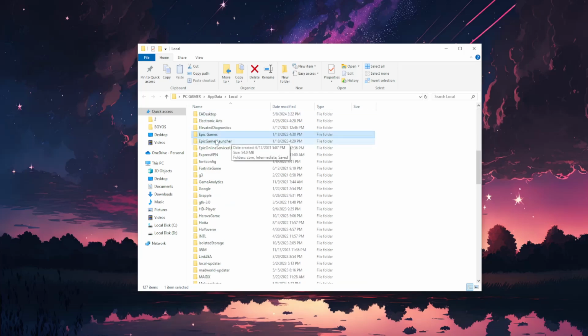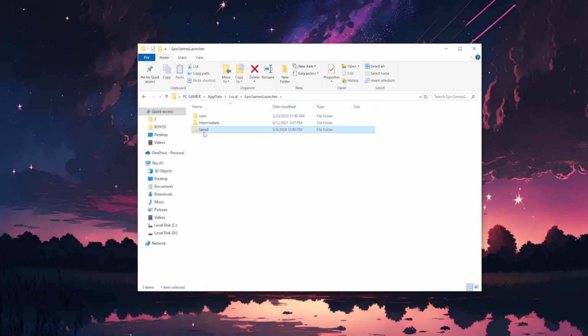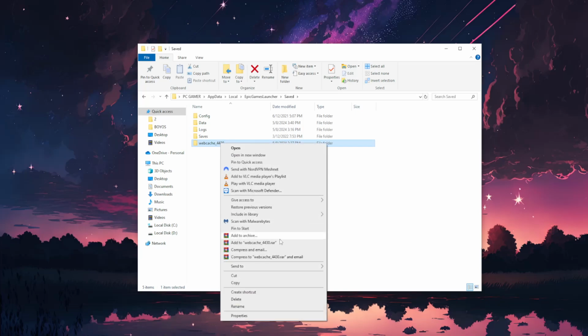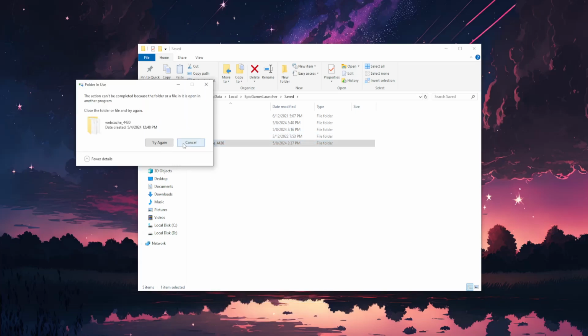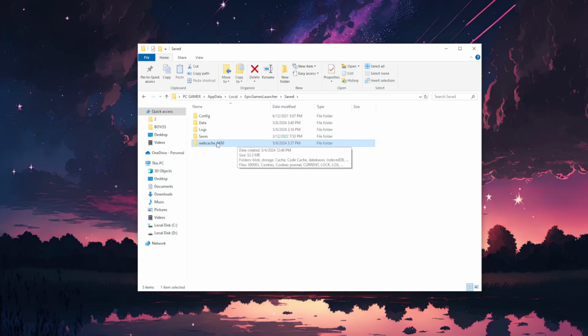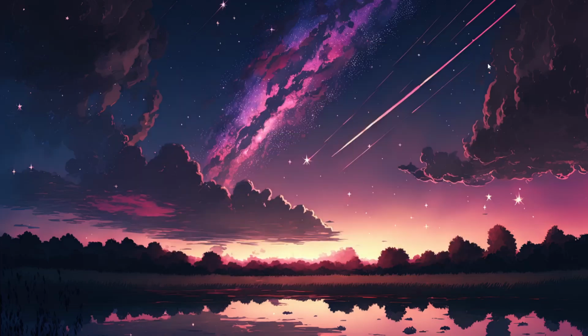And we want to open up the Epic Games Launcher folder, go to saved, and we want to delete this web cache folder with some numbers after it. Right click, delete. I can't do it because my Epic Games is open. But if you close your Epic Games, you will be able to delete this, and hopefully this will fix your